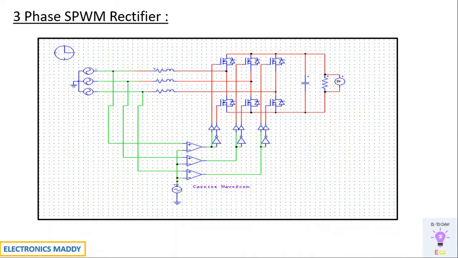This is the PSIM model of a three-phase SPWM rectifier. At the first place, we need to understand what SPWM is all about. SPWM stands for sinusoidal pulse width modulation, and it is basically a technique that is used to provide switches the pulses that are required for the gate terminals. So how do we achieve that? We will use a carrier signal over here and we'll use a reference signal, sinusoidal signal. The carrier signal used is a triangular one. Sinusoidal is compared with the carrier signal using a comparator. The output that is obtained will basically be pulses of different widths.